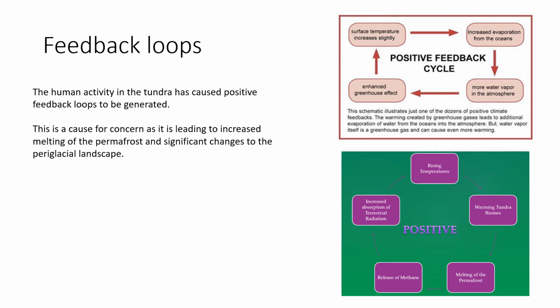It's melting and thawing that permafrost, which in itself is releasing carbon, particularly in the form of methane. And methane is much, much stronger as a greenhouse gas than carbon dioxide. And that in itself is then being absorbed into the atmosphere and causing a warming of the atmosphere. So this positive feedback cycle is having quite a dramatic effect on the landscape